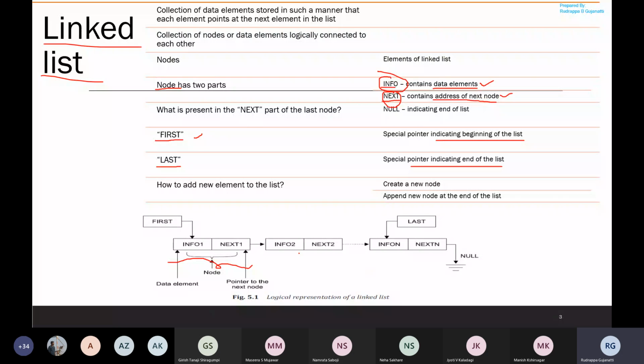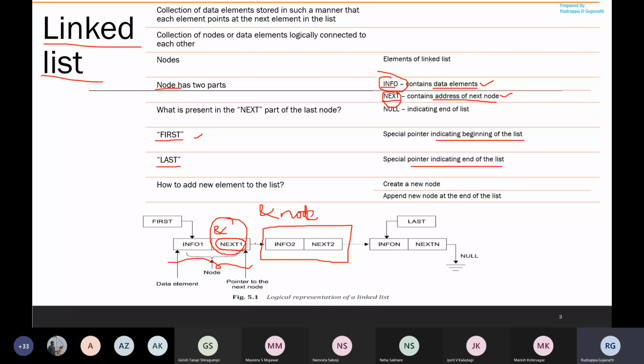Here you can see that this entire thing is one node. And this part should contain the address of the next node. So if you observe, it should be pointing to the address of the node.